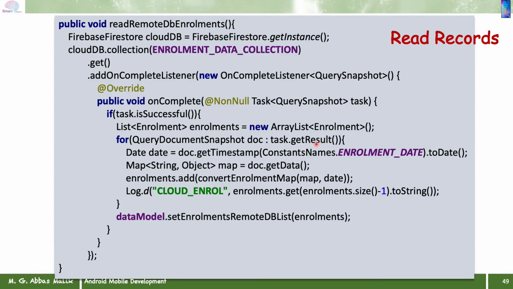So we are getting the result, it will return me a list of documents. So we are saying for each document in that list of documents, I am trying to get the enrollment, create an enrollment object and add that specific object inside that enrollments list. So first of all, the